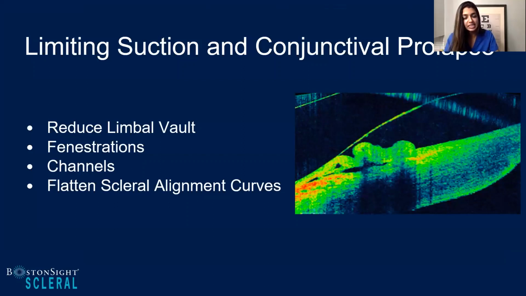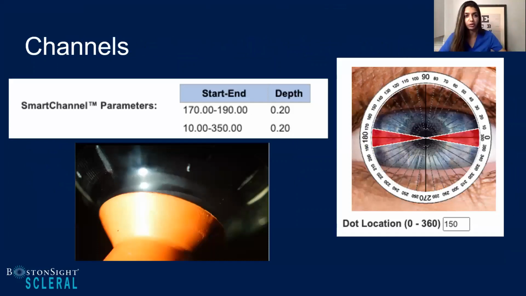And thanks to the team at Boston Sight, what we decided to do was introduce 2 channels for this patient on both of her lenses. So the channels I made about 20 degrees wide, and I kept them about nasal and temporal, and they were also about 200 microns in depth. The goal was I didn't want to make them too deep where then we'd have a source of fogging or an influx of debris. And with this, the patient came back with her new lenses happy.